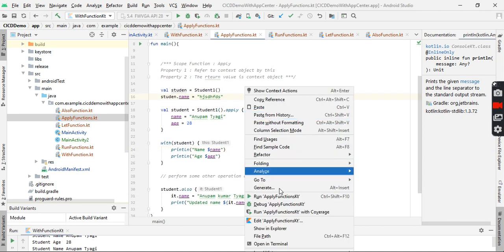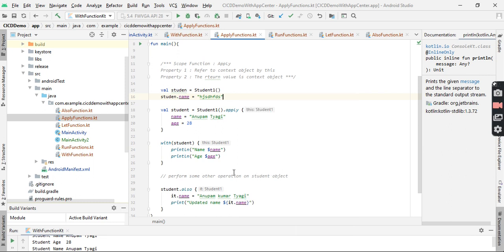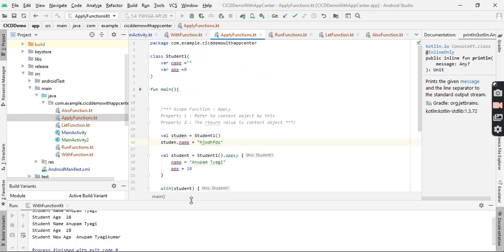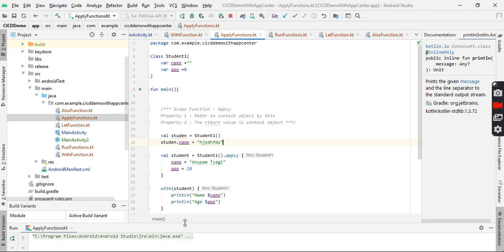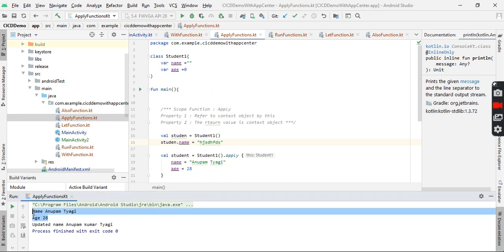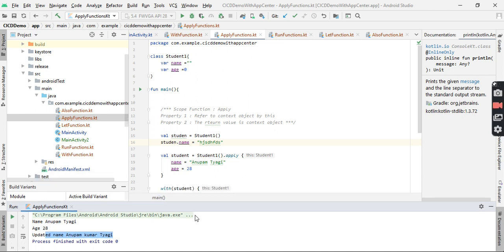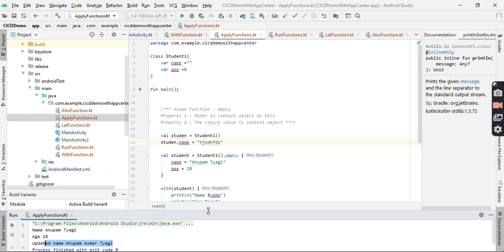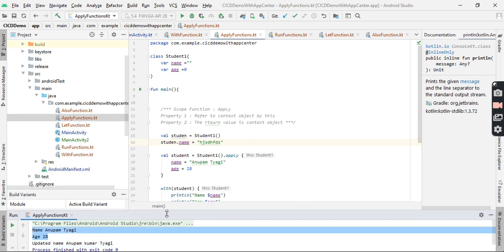So if we run this program you can see the result. We have initialized the values in the apply function and printed the values in the with block.